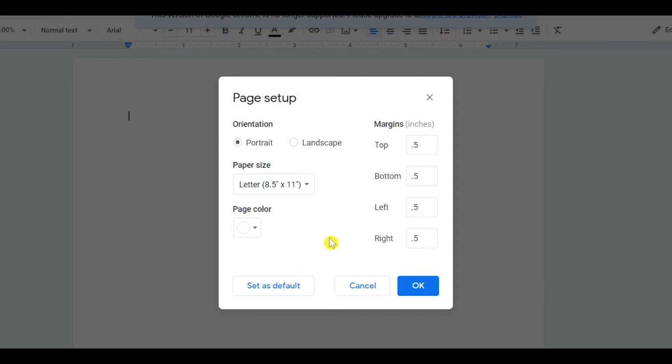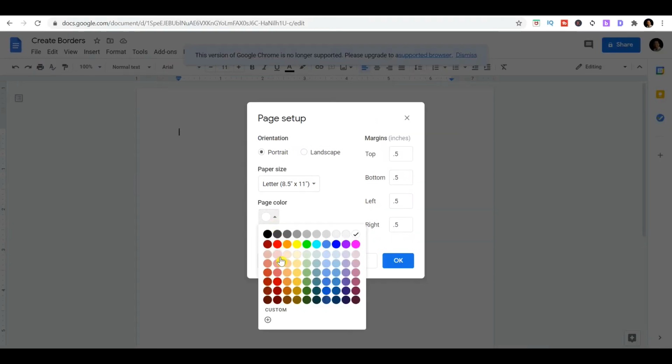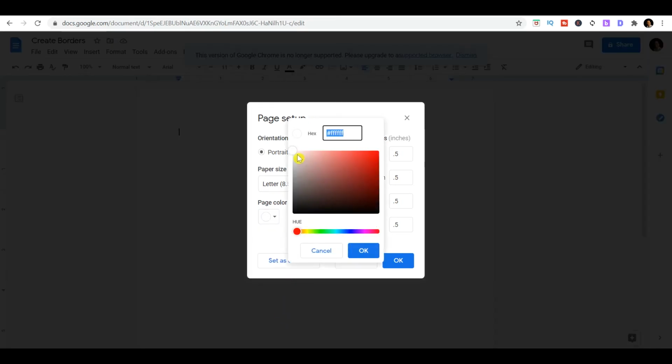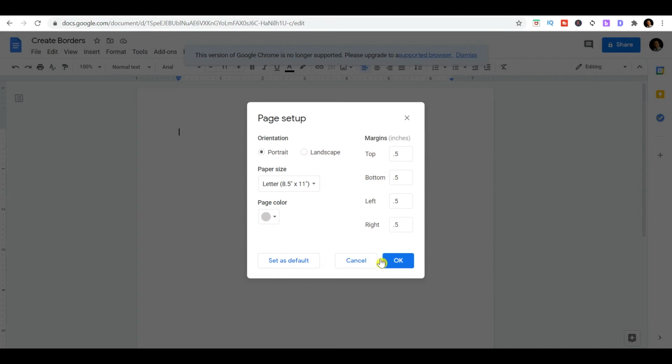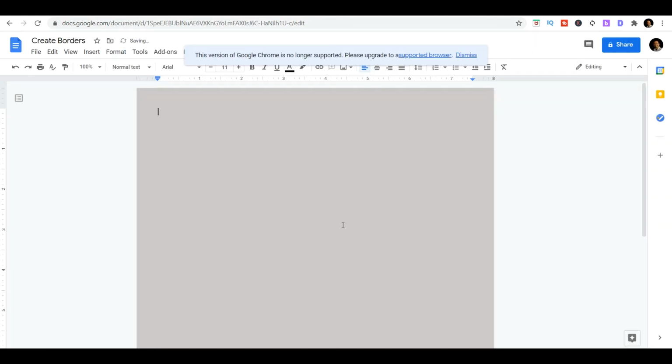Now you can see the orientation here, so you might want it as portrait or landscape. Okay, so you have both these options. Now here I want it as portrait. Now I go down here to the page color, and if I do not want it as white, I can go ahead and change it to any color here, or I can change it to any custom color as well. So for this purpose, let me choose a color from here and I press OK and then another OK. Now you can see the page color comes up here as this.